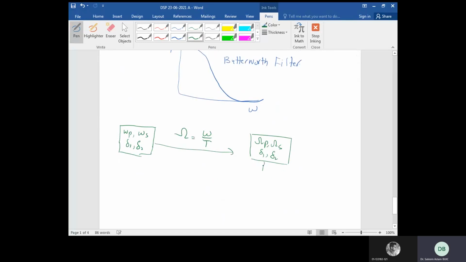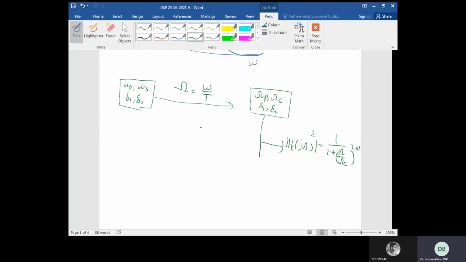And then you apply only the Butterworth because you are designing with Butterworth. So |HC(j omega)| squared is equal to 1 over 1 plus (omega over omega c) raised to the power 2n. So you apply Butterworth's design technique. This is the impulse invariance technique. And here you will get HC of S.